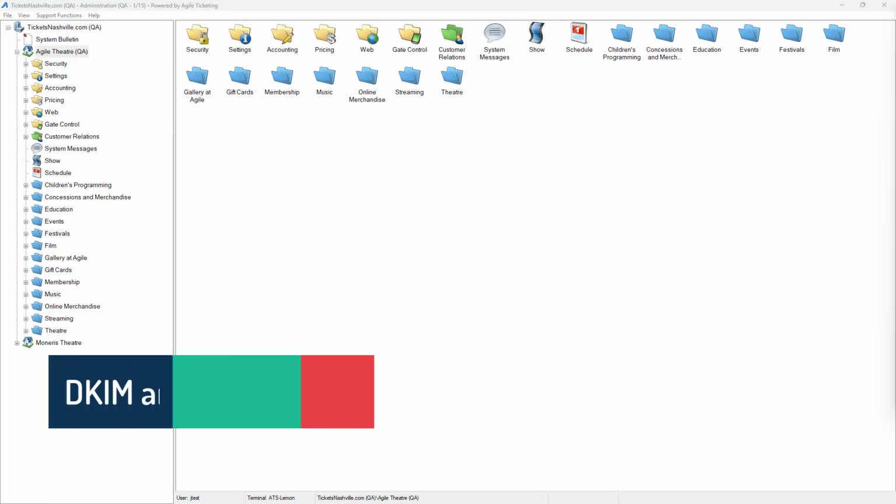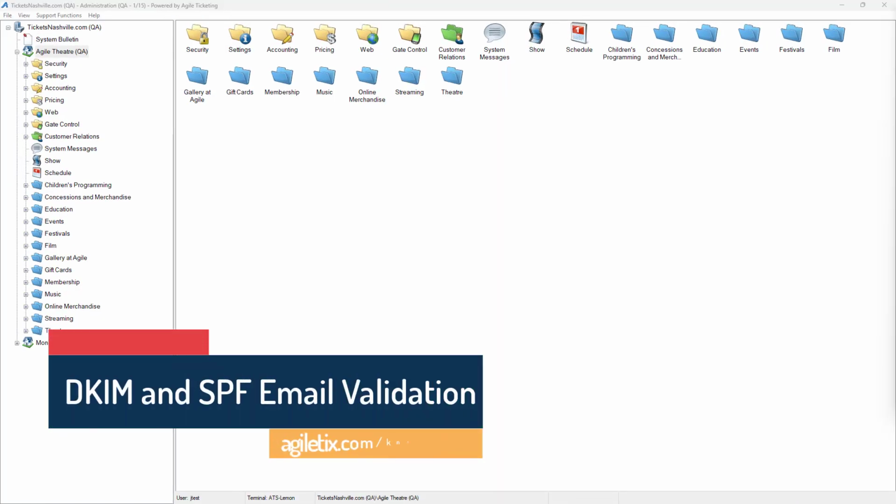The next enhancement on our list deals with DKIM email signing. DKIM is an email authentication standard that is used along with SPF records to allow us to sign emails and show they are trustworthy. This can help reduce bounces and improve deliverability. For more information about how DKIM works and why it matters, check out our email delivery article in our knowledge base. For now, we're going to take a look at the system control settings